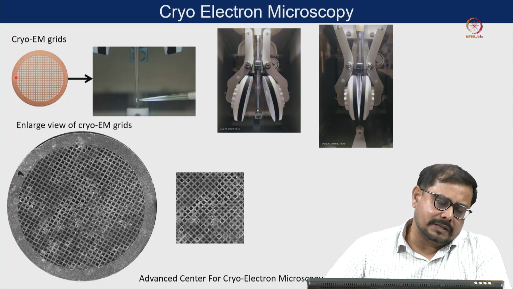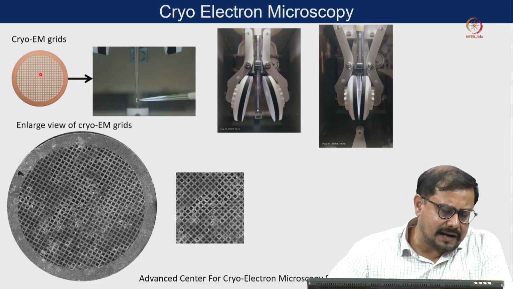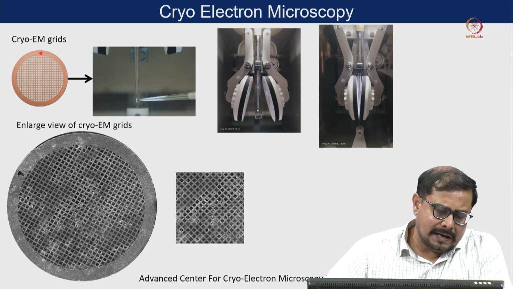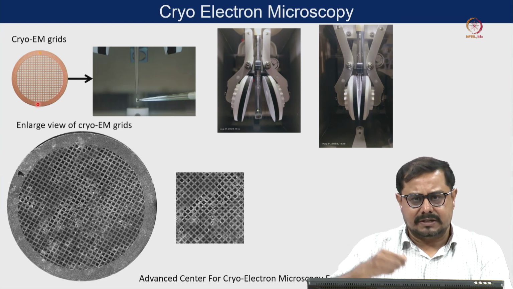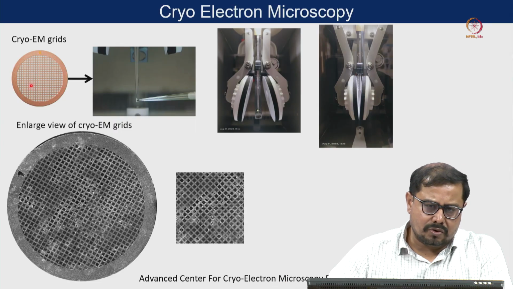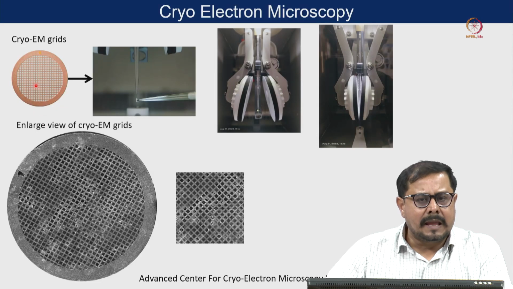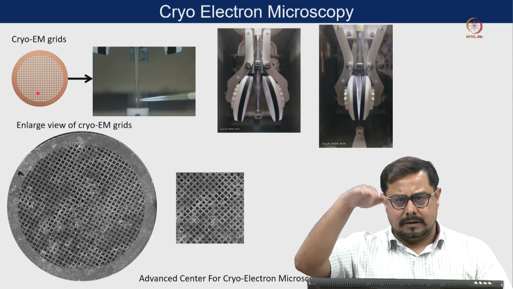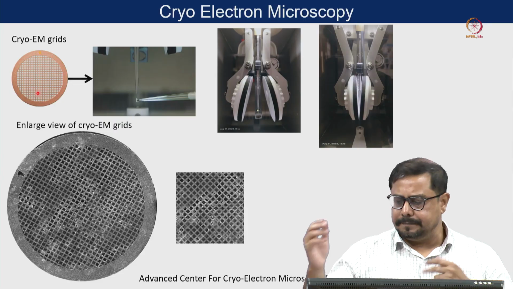Now first you look at this one, this is the cryo-EM grid I told you about. What do we have in this cryo-EM grid? You can see there is a thick boundary area, and that is the area we can use to pick up the grids from the petri dishes, and the tweezer can hold that area. We never want to touch the tweezer somewhere in the middle of the grid because that will break the carbon layer. Not only that, it will bend the grid. If it bends the grid, the eccentric height will change, and during imaging it will create lots of problems.